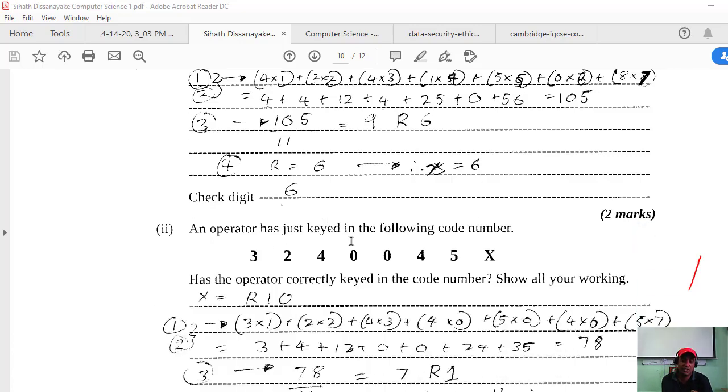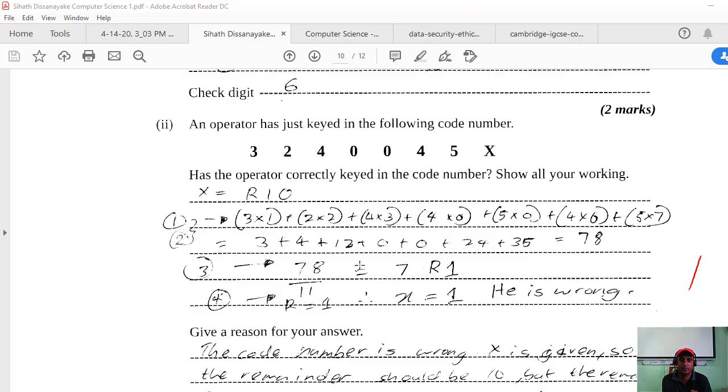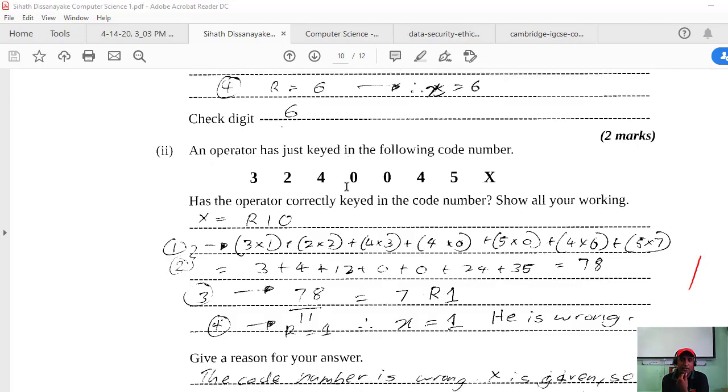An operator has just keyed in the following code number. Has the operator correctly keyed in the code number? Show all your workings. Right. So the operator has just keyed in the following code number: 3423240045X. Right.